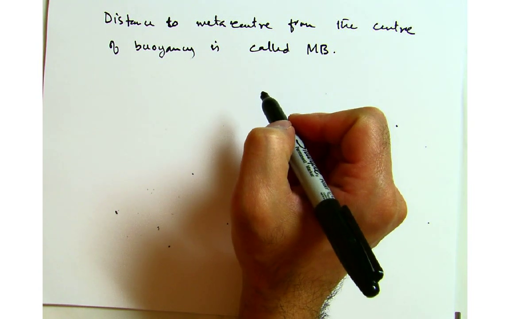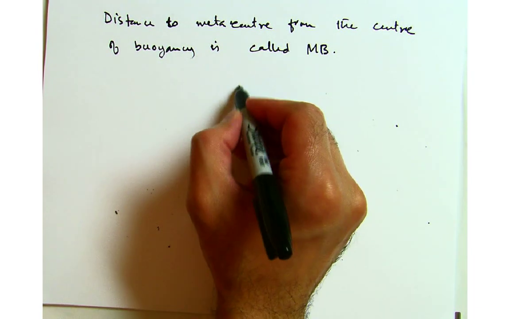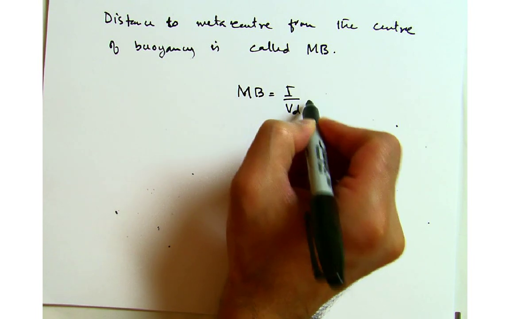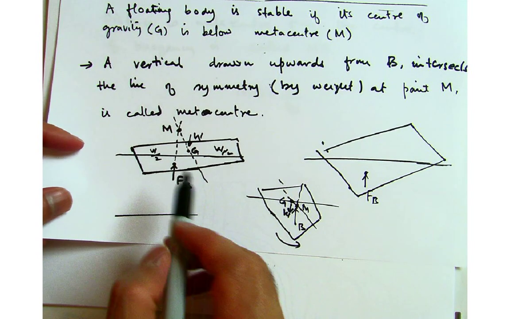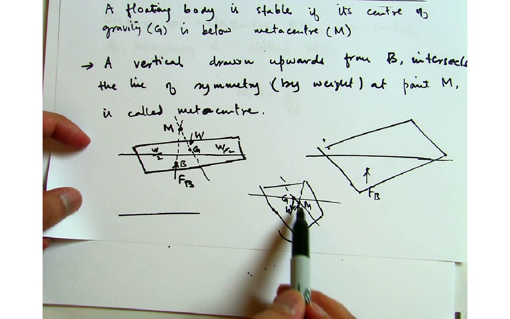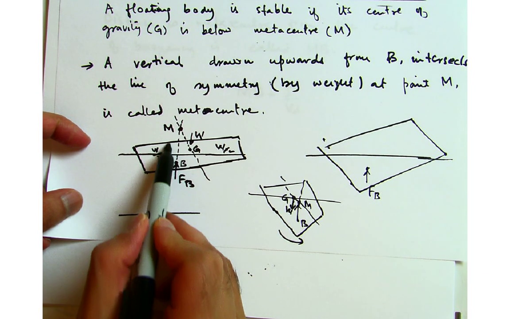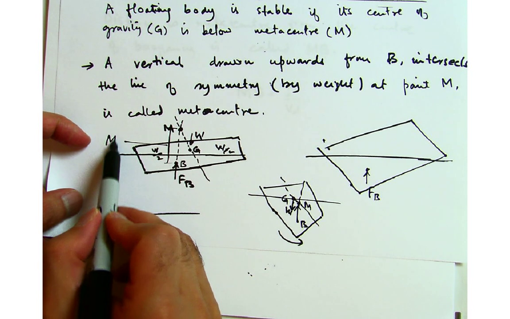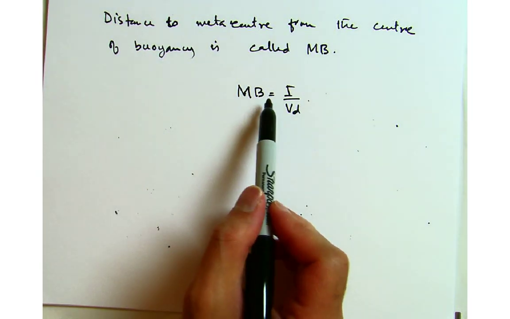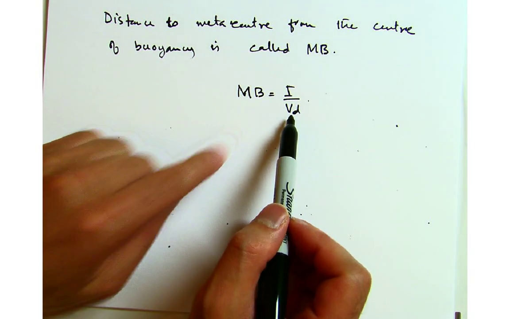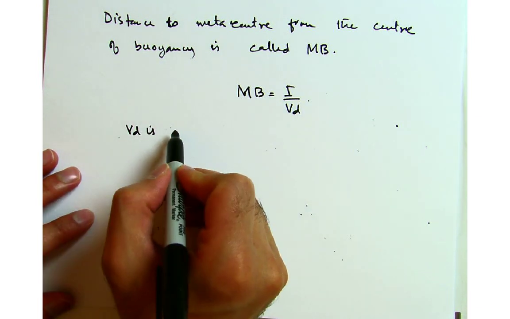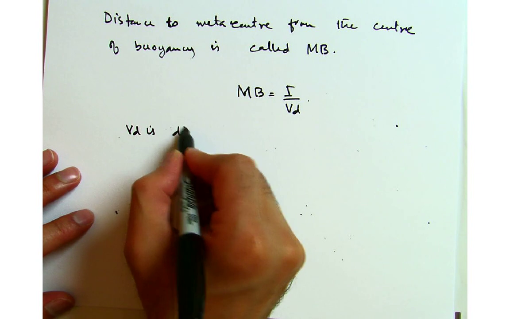Okay, and again, how do we calculate MB? MB is equal to I over VD, and let me just show you. This is the point B where the buoyancy was acting, and the distance from here to the metacenter is represented as MB. So that distance is MB, and we calculate it as MB equals I over VD, where VD is the displaced volume of the fluid,